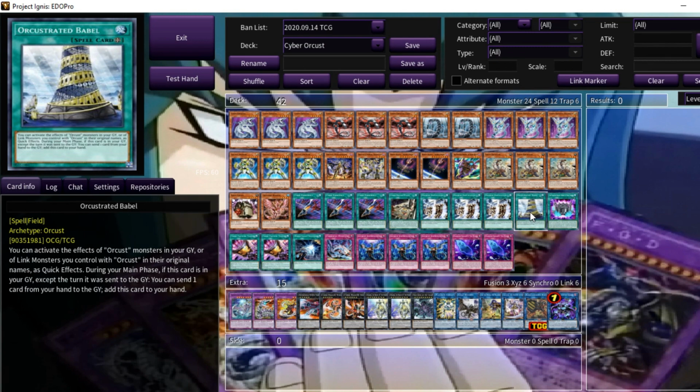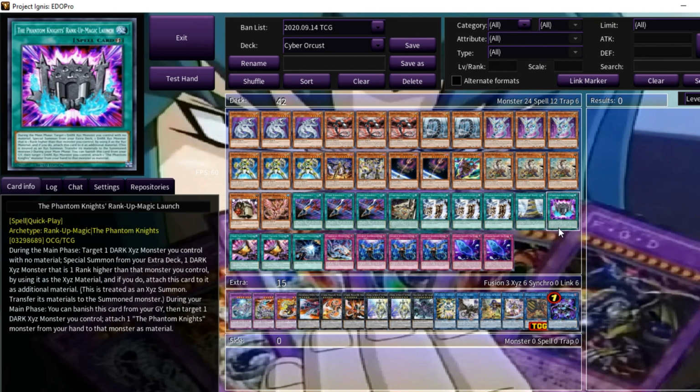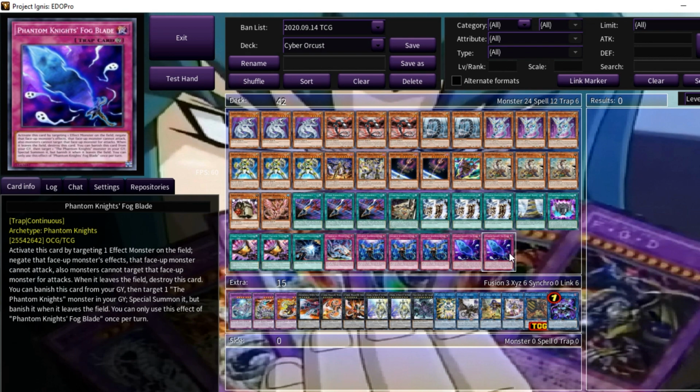Could have went for it, but we opted not to. We went with the second Fogblade instead, because with Fogblade and rank up and stuff, I was just seeing one of them a bunch, and then I felt like I wasn't getting everything I could out of it, and opening a Fogblade's not really the worst thing in the world anyway, so I have actually liked opening, or not opening,